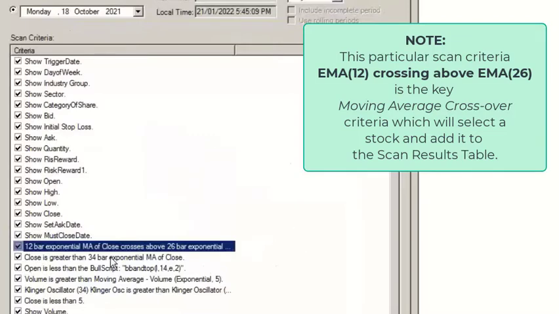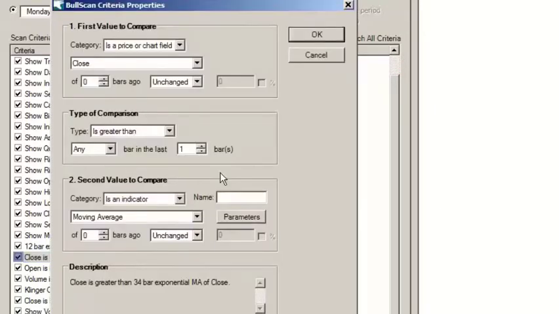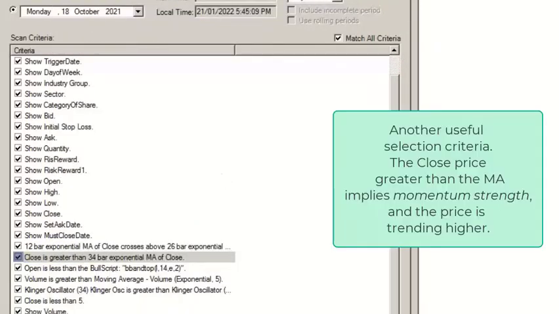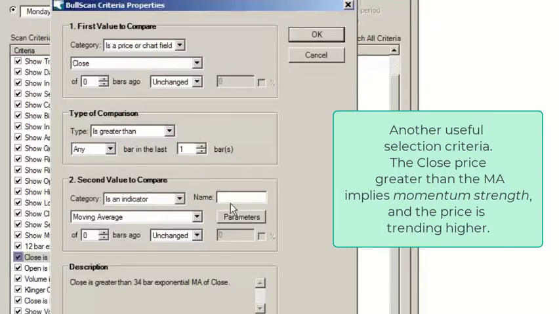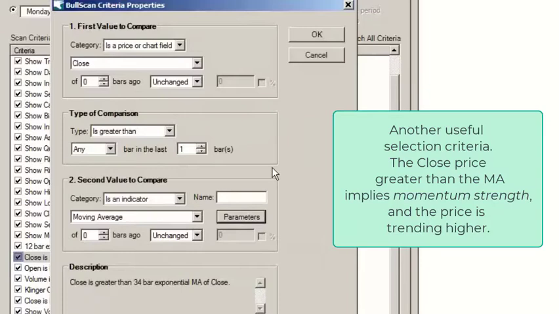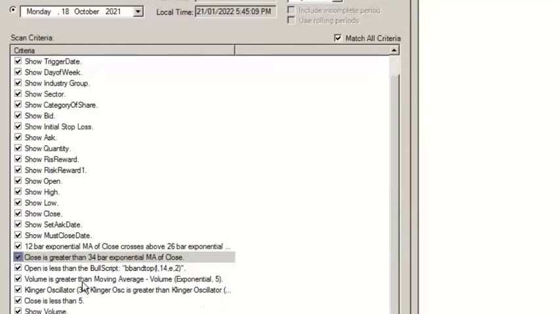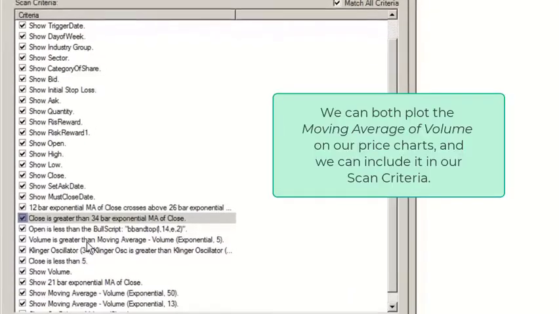I look for a bit of momentum, also through the close, and I'm looking for the trend here as well, the close being greater than the 34 moving average. So that's what I'm looking for there. Volume, again, this was the momentum confirmation.